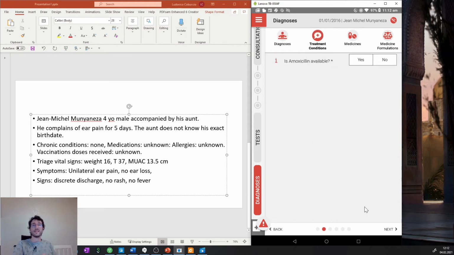Here the app asks the user what the drugs available are, or maybe it may ask for other signs or symptoms just to further decide which is the best treatment for that condition. So if we were to say amoxicillin is unavailable, the app will propose the second line antibiotic. In this case, we have this antibiotic. Let's go to the medicine stage,